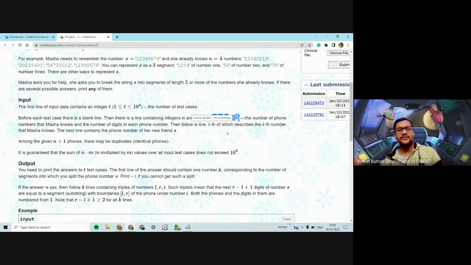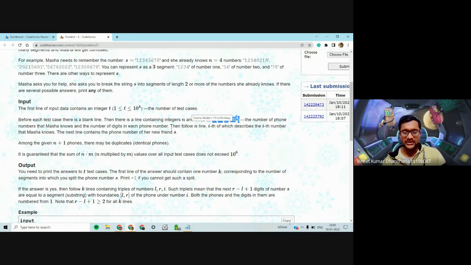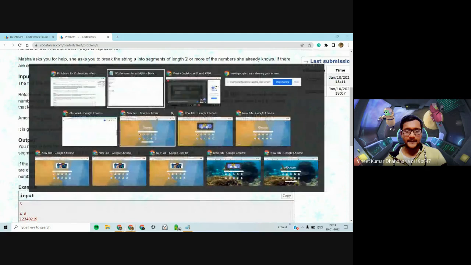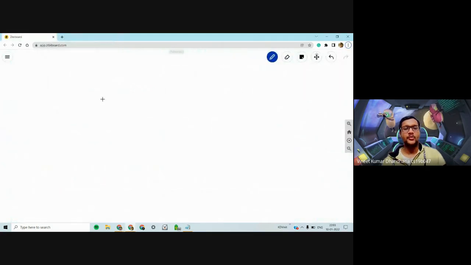But there's another thing which we can do. There's one nice observation. We need to make the new string just with the segments of the previous strings. So suppose we have our new string S, and we make it from some segments of the original numbers.